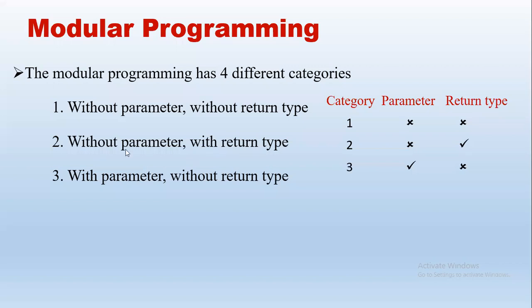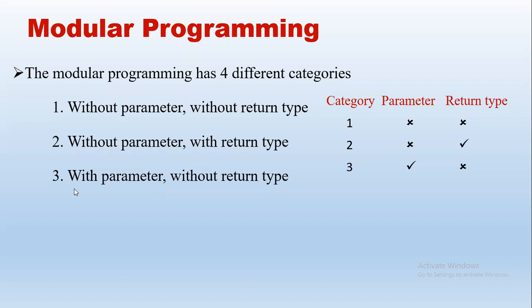The second one is without parameter with return type. He has solved it and he comes and tells me, yes ma'am, I have solved and this is the answer. I hope you are able to analyze this analogy. Here we have got back one answer in the calling function. I called the student, so I am the calling function. Whomever I called, Jai Surya, you solve this assignment, so Jai Surya becomes the called function. He has returned me the answer. He added a and b and told me, okay ma'am, I added 4 plus 6, the answer is 10. He has returned an answer. So that becomes the second type, with return type.